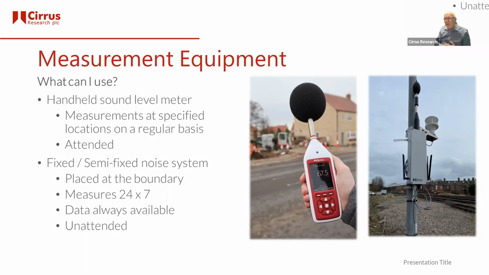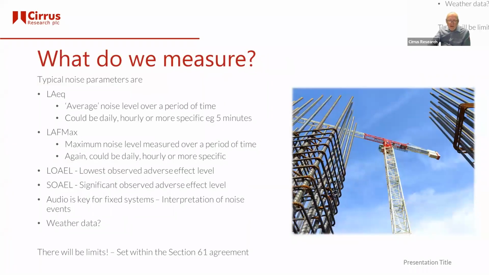The data from these types of systems is typically always available as well, but it is unattended. So there might be some extra information that you'd want to get, because it's fine saying they were really high yesterday, but what was actually causing that? You will have construction logs, so you'll know what was actually done on the site, but it's just understanding what was causing that. And I'll come on to how that can be done. There are some things that you can actually measure which may help you with that. So those are the two main types of systems, the handheld and fixed.